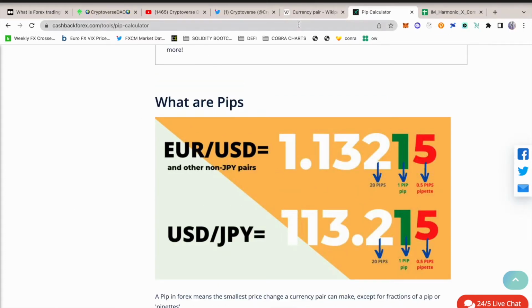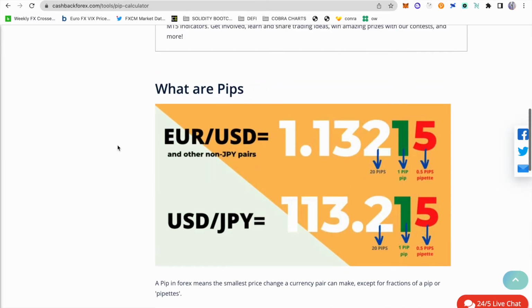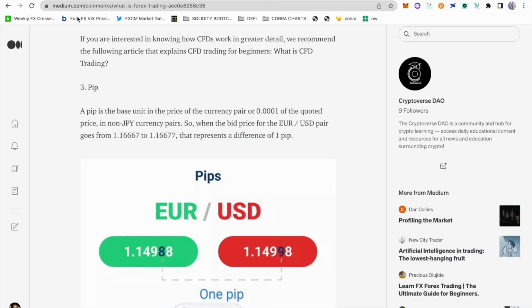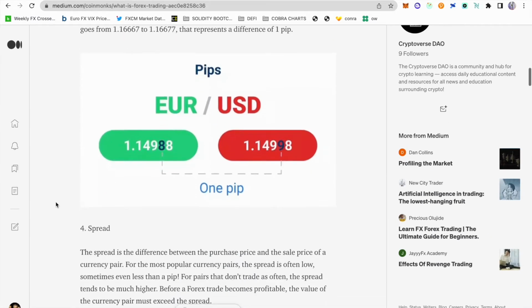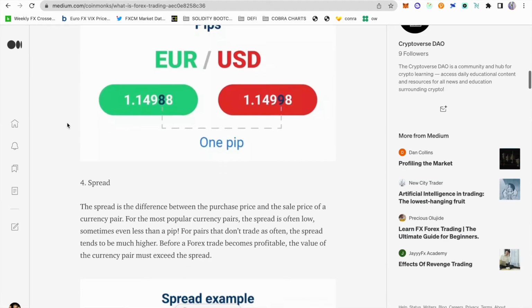And that's how you are able to pick up a trade and pick up these gains, because you know how many pips were going up or down on the asset class, something like GBP USD or Euro USD. But I hope that kind of gives you an idea about pips and why it's important.